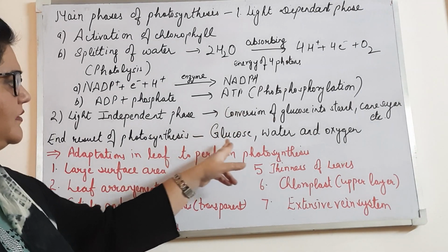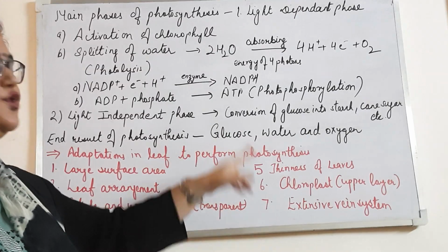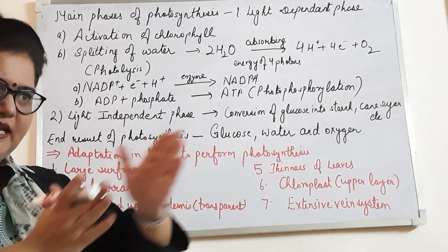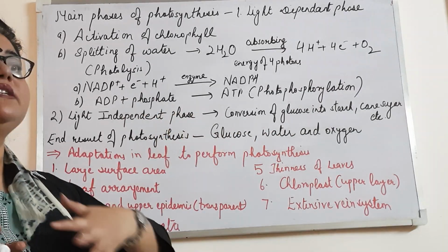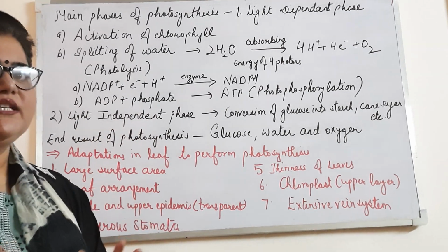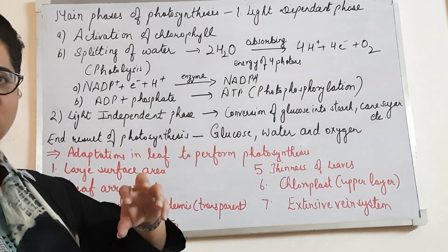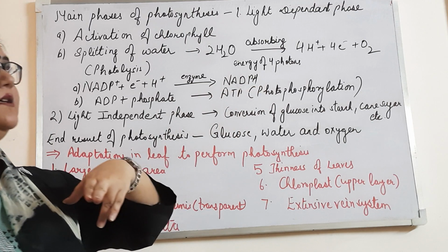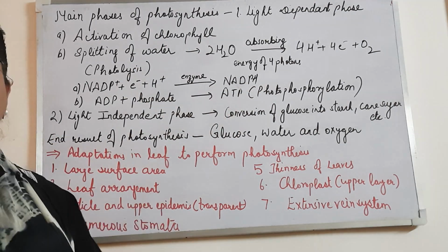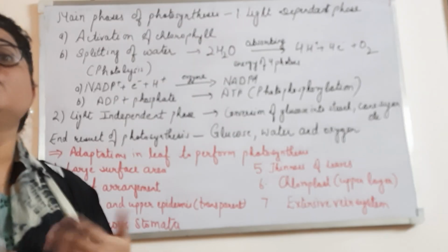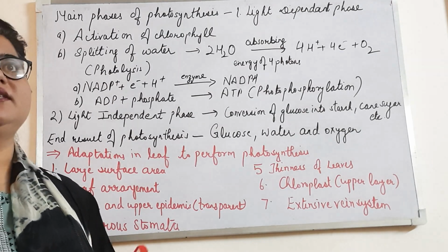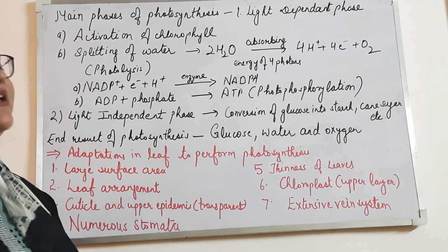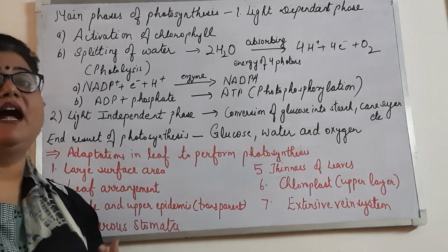Now, a part of this glucose is changed into starch. I'm leaving this point here because at the end I will explain what happens to this starch and how it is utilized by the plant. Right now I'm just telling you that this glucose is changed into starch. A small amount of the glucose changes into cane sugar, a little amount of it is changed into sucrose, and sometimes a little glucose changes into fats, proteins, minerals. And this is the way, when we eat the products of plants, we get all these things from them.